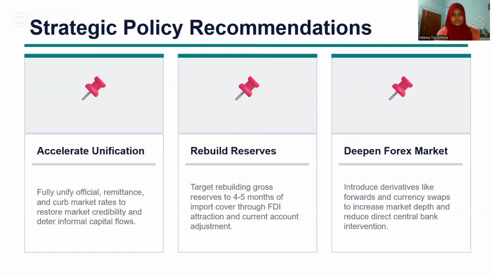Strategic policy recommendations. Accelerate unification: fully unify official, remittance, and kerb market rates to restore market credibility and deter informal capital flows. Rebuild reserves: target rebuilding gross reserves to 4 to 5 months of import cover through FDI attraction and current account adjustment. Deepen the forex market: introduce derivatives like forwards and currency swaps to increase market depth and reduce direct central bank